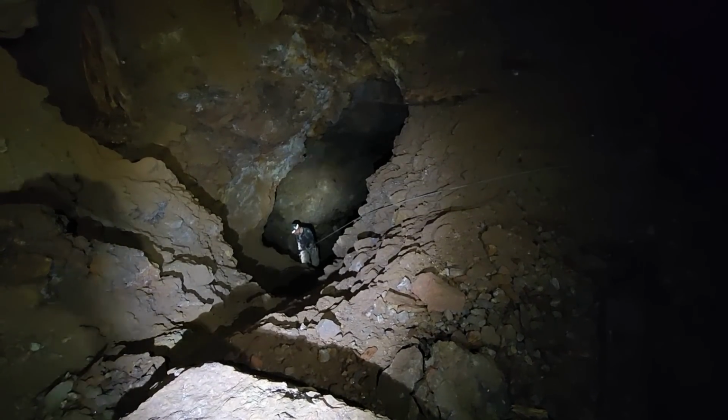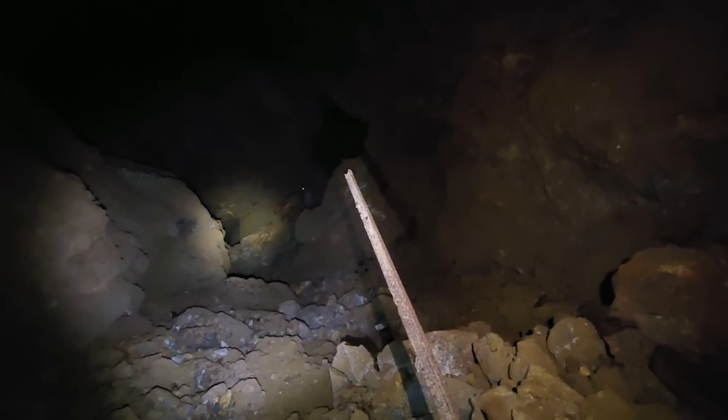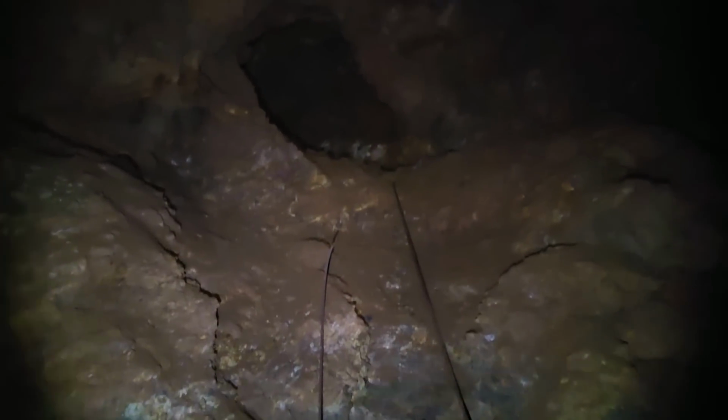Oh, I like that. That's the pit where Jeremy dropped down, and we're still waiting for him to come back out, so I decided to climb up this upper area after all, and I'm kind of glad I did. Looks pretty cool up here. The stope continues quite a way. You see